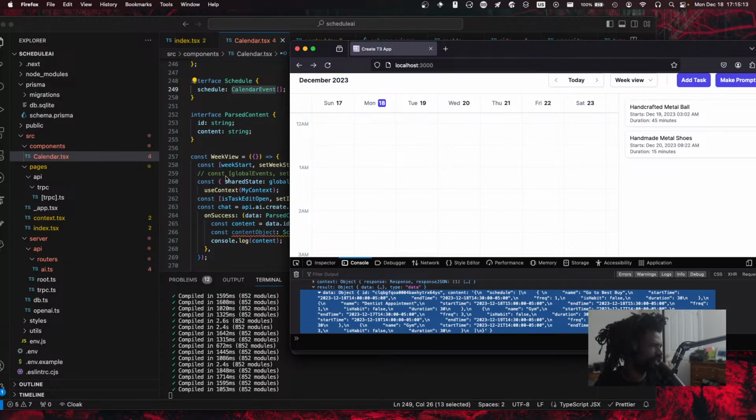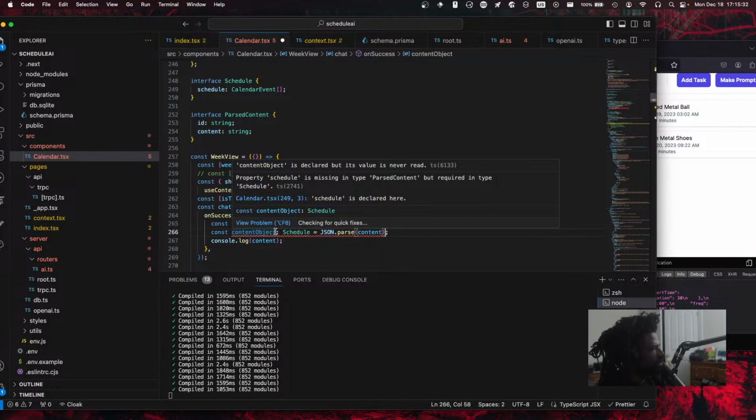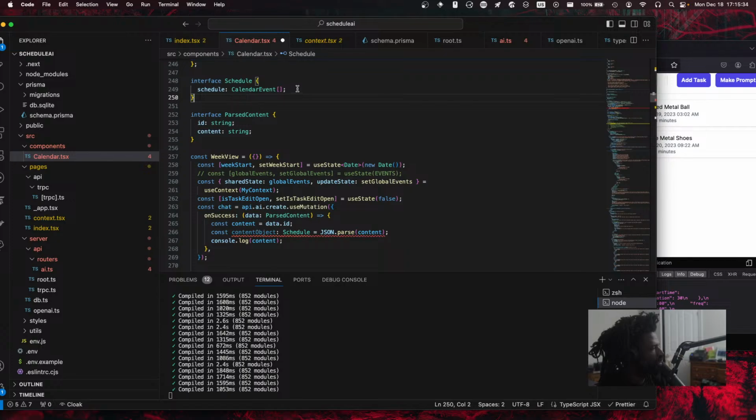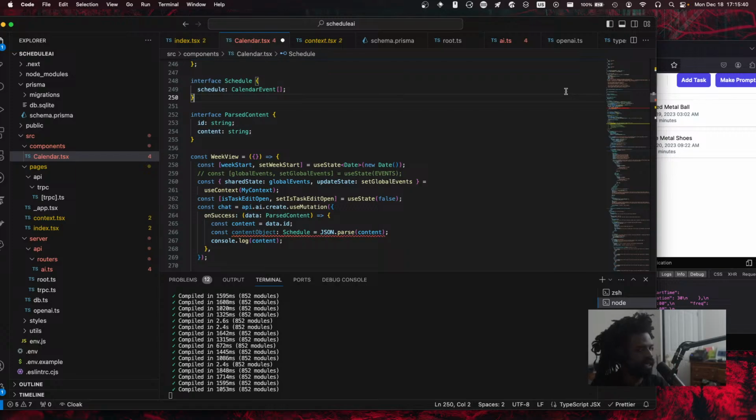So content is a string, which means we have to parse content, and then content will give us schedule. So we don't actually need parse content there. We have to convince TypeScript that schedule is in